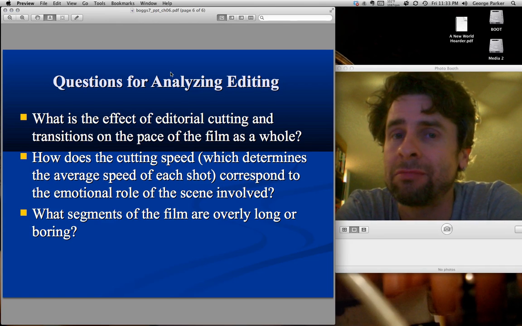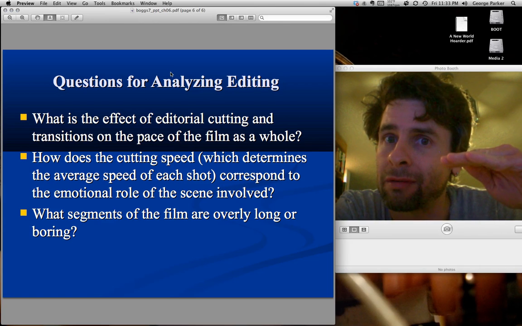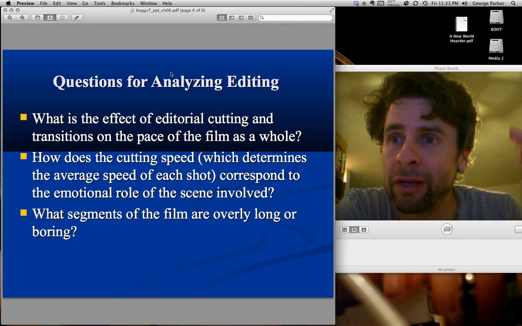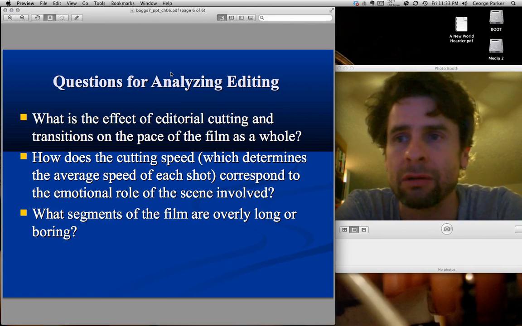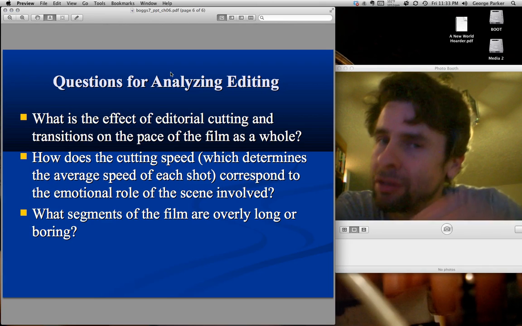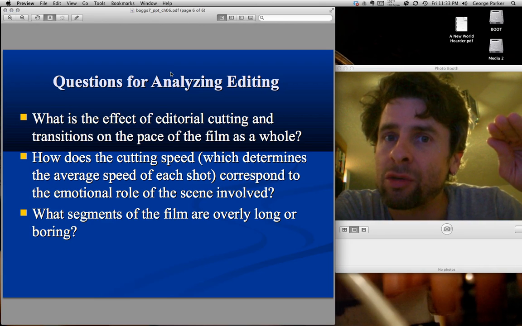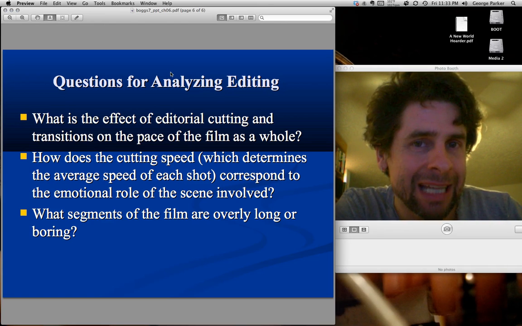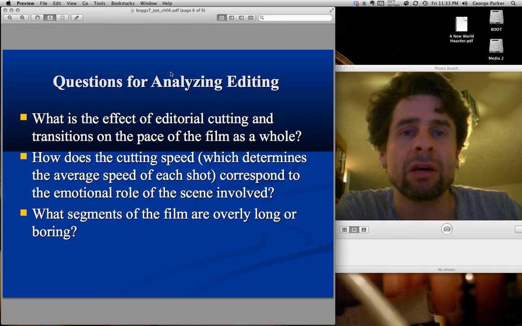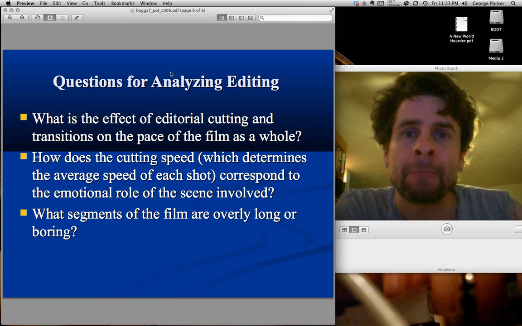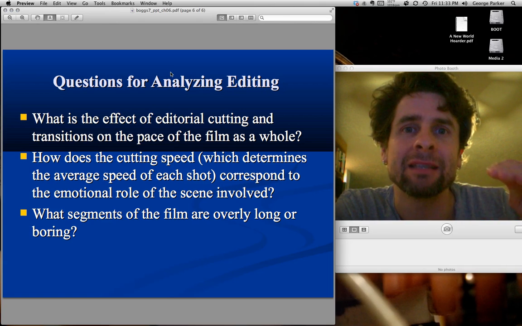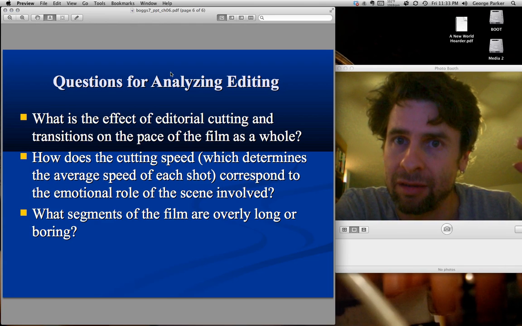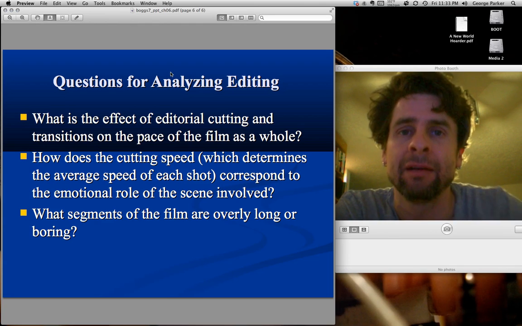That can create tension, but tension can only go so far, all right? In a film, tension can't escalate to the point where we fall on the ground and have a seizure or anything like that. So what we have to do is release that tension. Editing can help release the tension and give the audience a chance to catch their breath before slowly building the pace and the tempo and the intensity of what is actually happening in the story or the plot to escalate